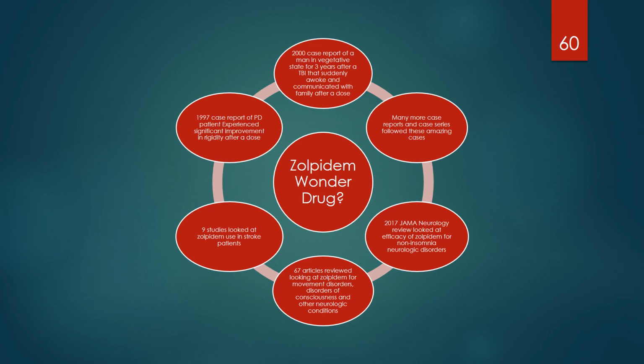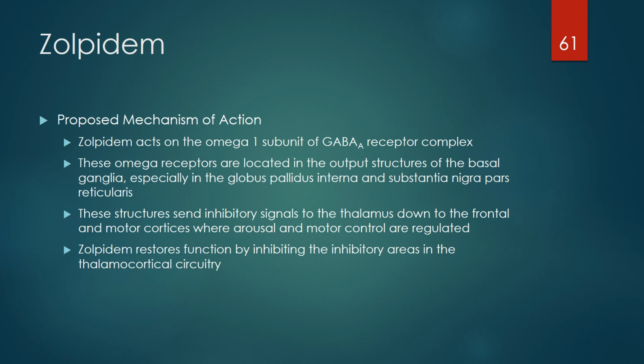In 2017, JAMA Neurology reviewed the efficacy for non-insomnia neurologic disorders. They reviewed 67 articles looking at zolpidem for movement disorders, disorders of consciousness, and other neurologic conditions. And then there's 9 of those studies that looked at zolpidem use in stroke patients. And looking at all of these studies, there was 3 I'll talk about, but before,